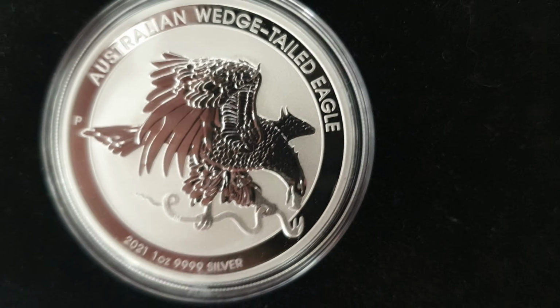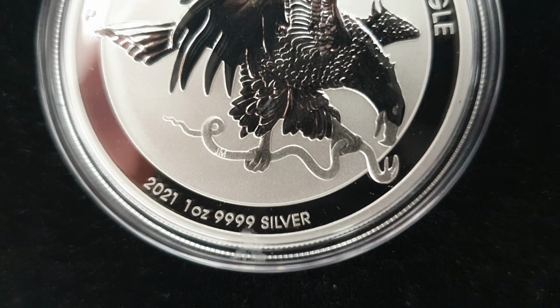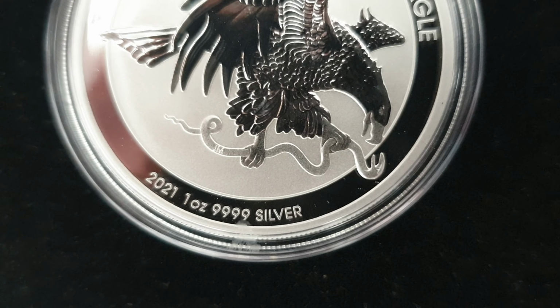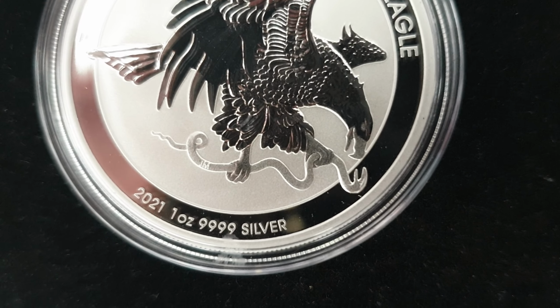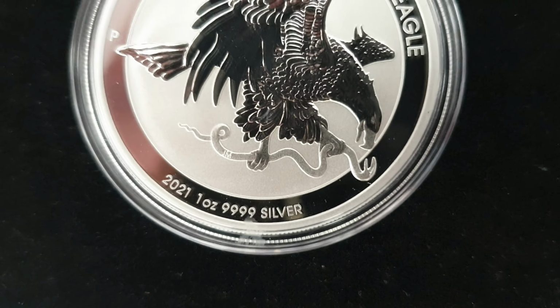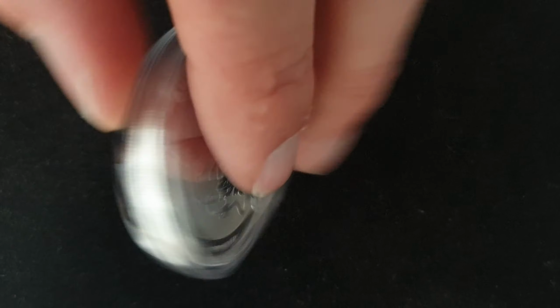Australian wedge-tailed eagle. That is just beautiful. And we've got the designer's little inscription there, the initials. It looks like JM. Is that Mr. JM? McCanty. Mr. McCanty, yes. 2021, 1 ounce, 99.99 silver. Of course, we need to see...